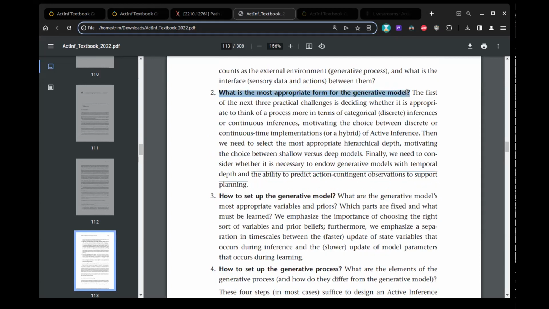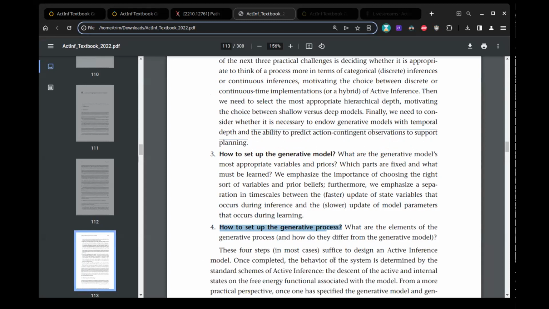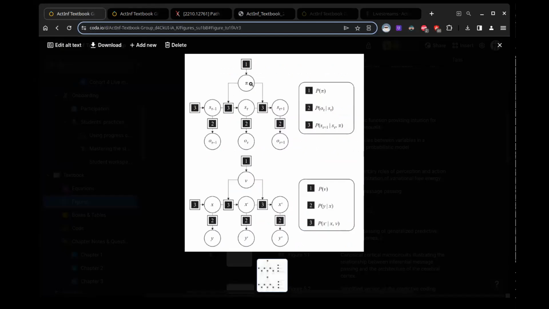After determining the form for the generative model, there are the questions of setting up the generative model and setting up the generative process. So the kernel of active inference, if we see it in figure 4.3, again, the discrete time or the continuous time, doesn't have attention, metacognition, learning of preferences, counterfactual world modeling, what would happen if they did that.